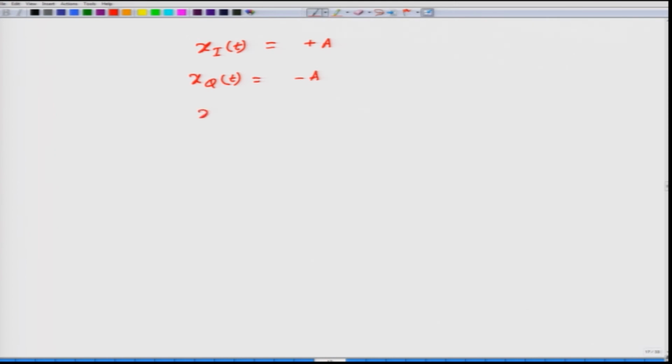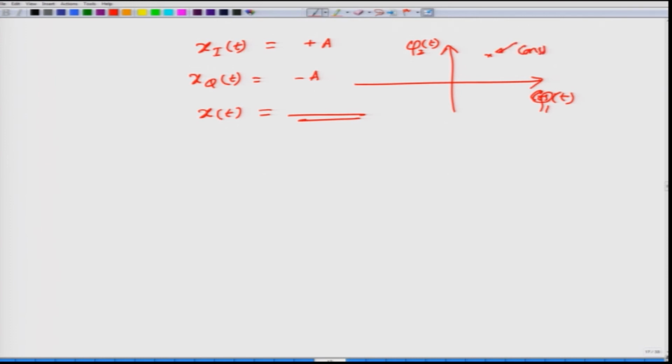So, then you can find out what would be your x of t in terms of I and q, and then you can construct a two dimensional space out there. One corresponds to the cosine, or rather phi 1 of t term, and the other one would correspond to phi 2 of t. You can think of cos 2 pi f naught t as the x axis, minus sin 2 pi f naught t as the y axis, and then locate what would be the corresponding x of t signal here, and whatever you locate will correspond to what is called the symbol point,